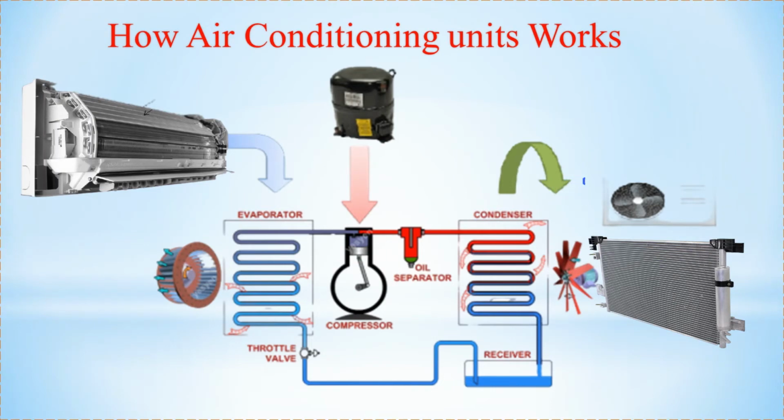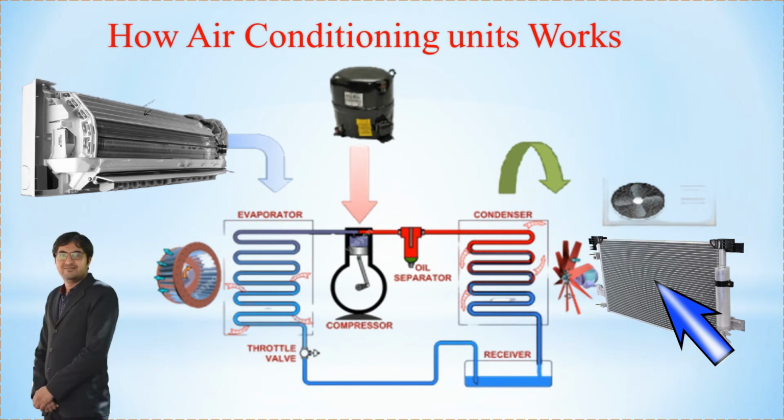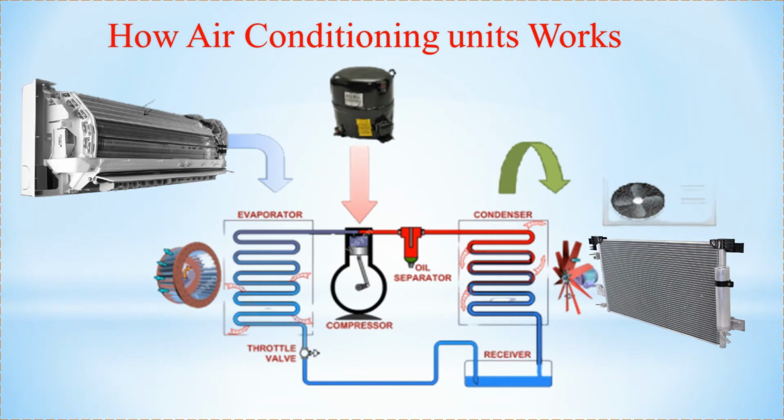The condenser coil, located on the outer side of the AC in a split system, removes heat from the refrigerant and converts it into its liquid state. It is a type of heat exchanger, and a heat exchanger is a device in which heat transfers from a higher temperature body to a lower temperature body. So this is the function of the condenser, and it will reject the heat from the refrigerant.